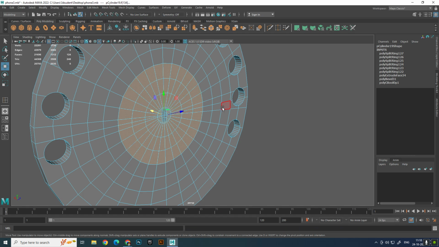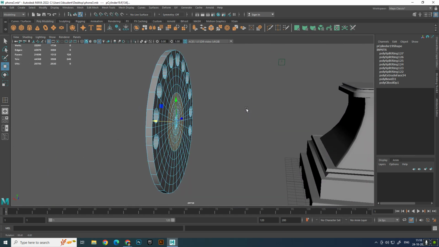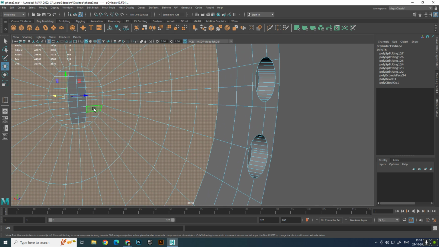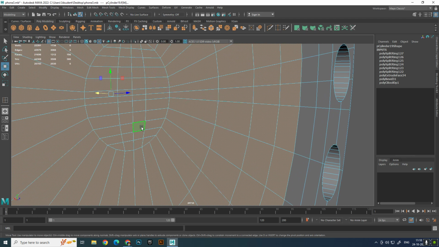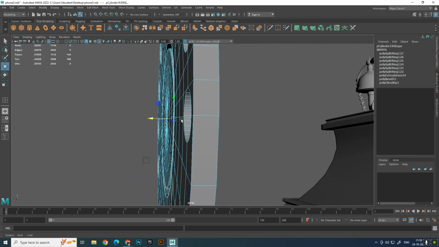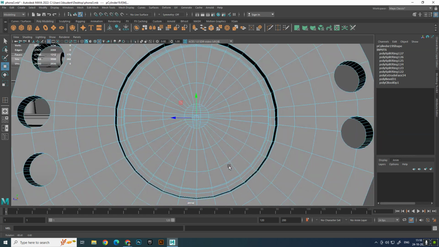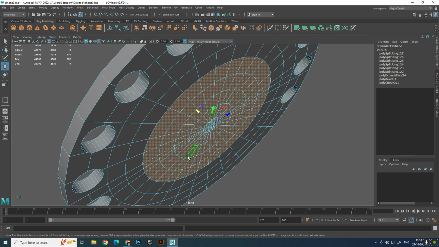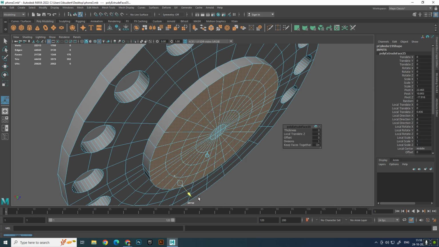Face to faces, face to faces, extrude, try to take it up, out